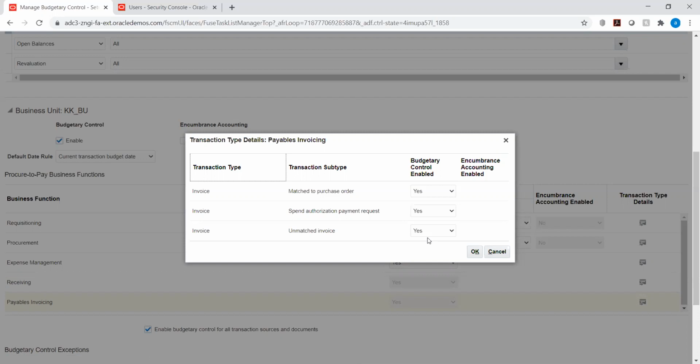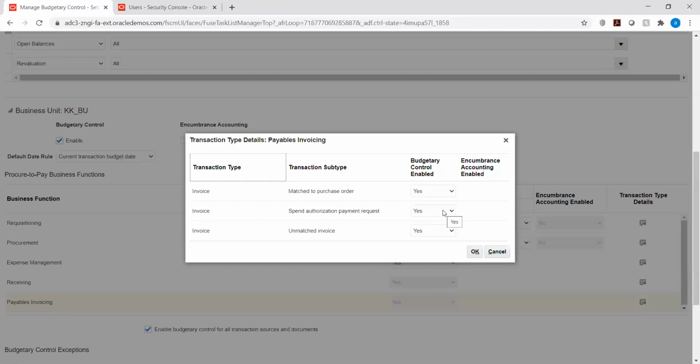Like if we wanted to restrict payment only for this period. I wanted to restrict payment only for this period using this budgetary control, but I wanted to create the invoice. Invoice creation I can still do, and I may keep a payment term as 180 days. So it will be after 6 months, by which time we will have a new quarter and a new budget. So we can make payment for all those old invoices which have been created in the past. So that is not possible.